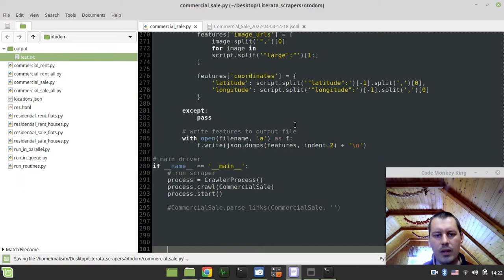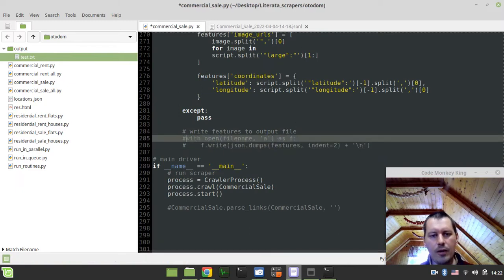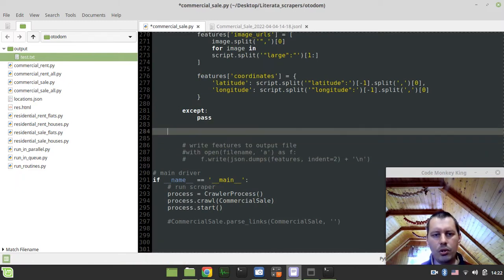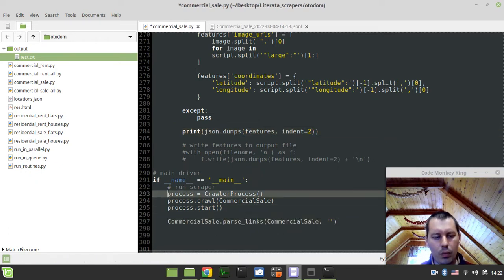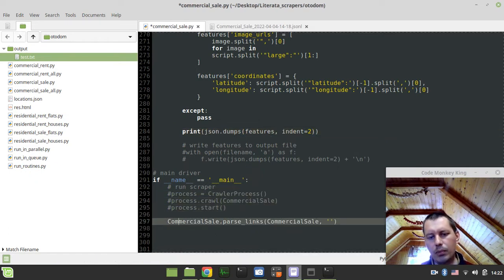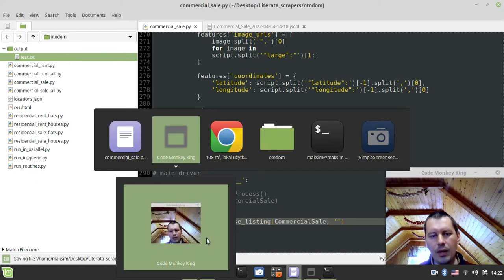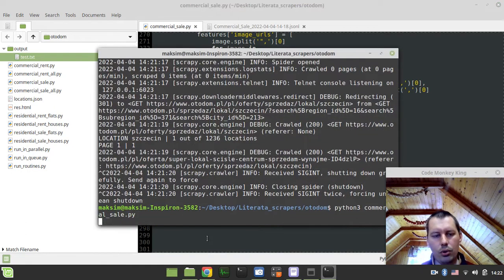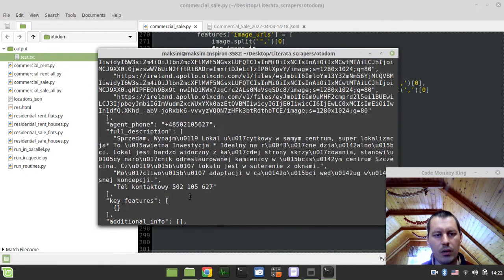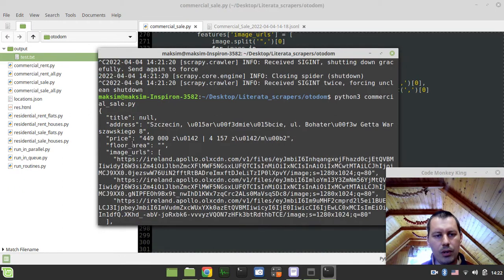So like this, and I don't want to print anything at the moment. Instead, I just want to say print and JSON dumps and features indentation equals to 2 spaces. That's pretty much all about it. So now I want to run not parse links but parse list instead. Parse list in here, and let's have a look. So it should print. All right, so we got our data, not the whole data though, but yeah, we just